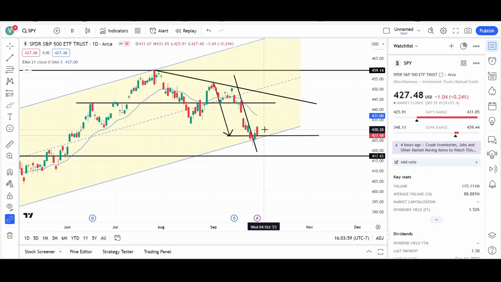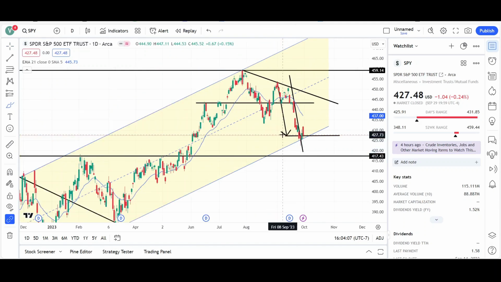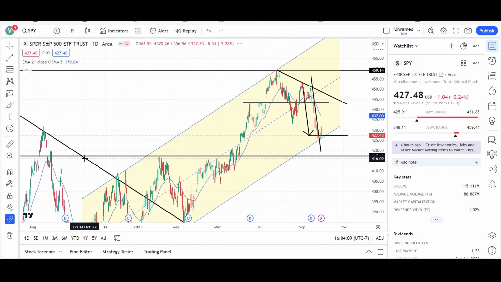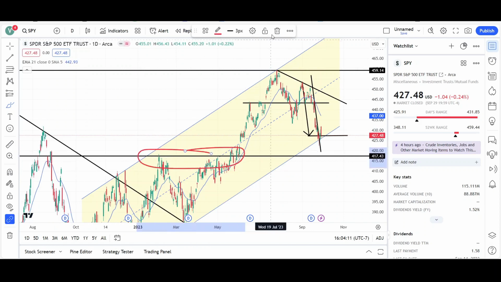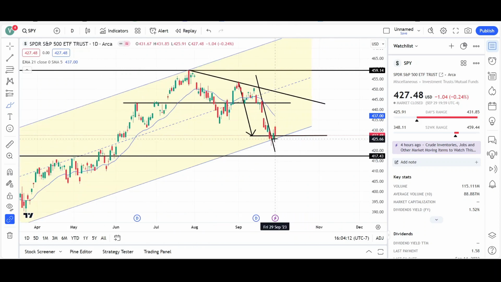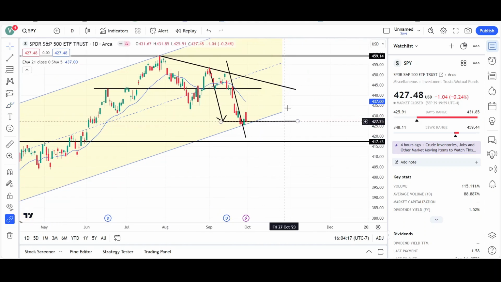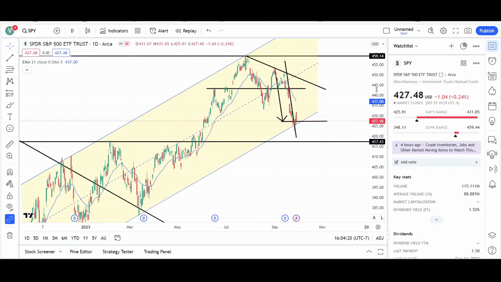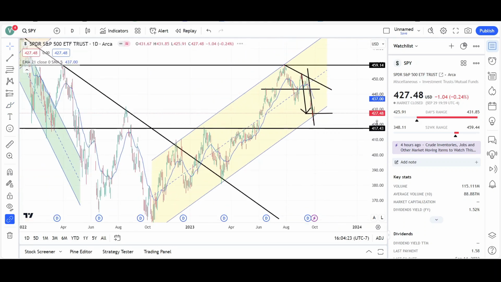If we do see a break of the channel, then the next support will be right back over here at the 417.69 level, because that was prior resistance, and it could be acting as support once again. So again, if we don't bounce from here, then the next target will be 417. I am expecting higher prices. I'm expecting the 438 and then the 443, possibly even higher prices from there, because this is an uptrend,